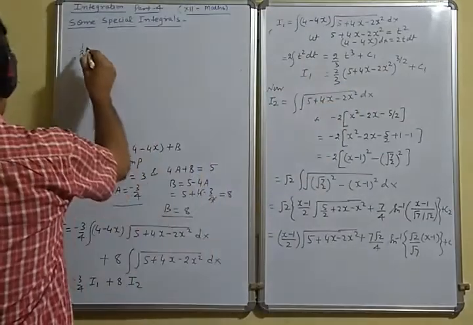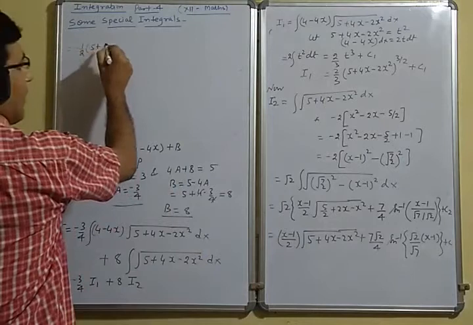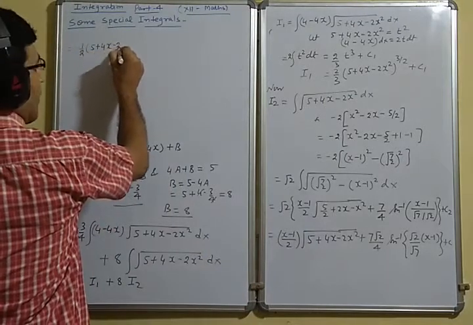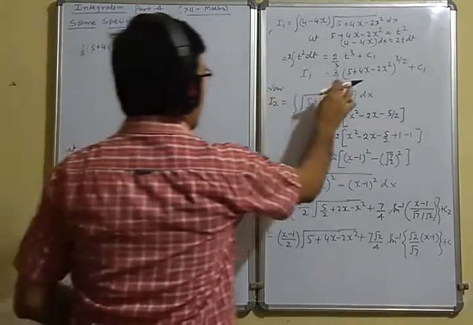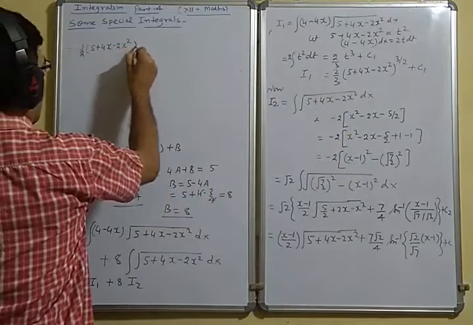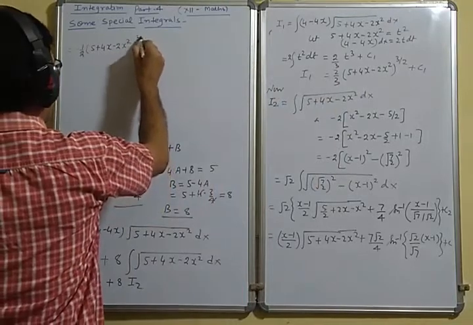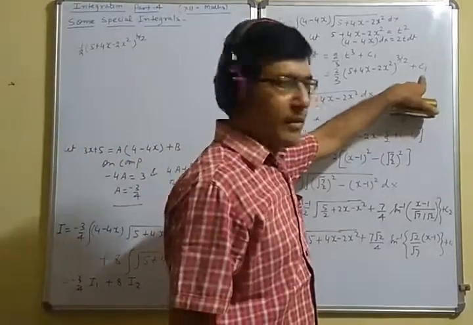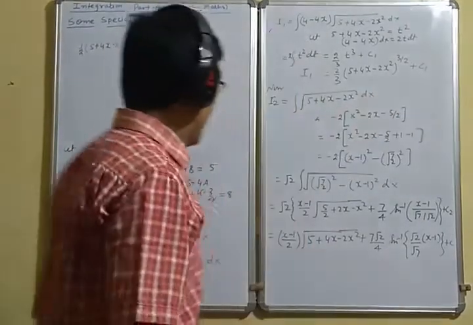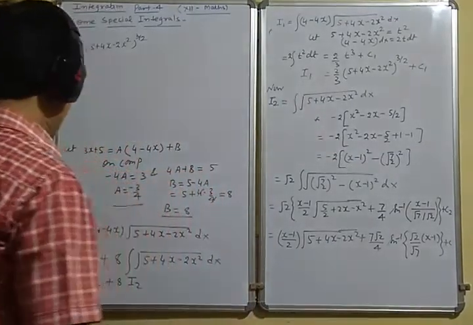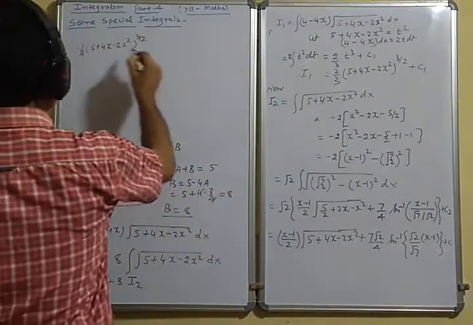5 plus 4x minus 2x square raised to power 3 by 2 and minus 3 by 4 c1, that is the first constant. First constant is minus 3 by 4 c1 plus